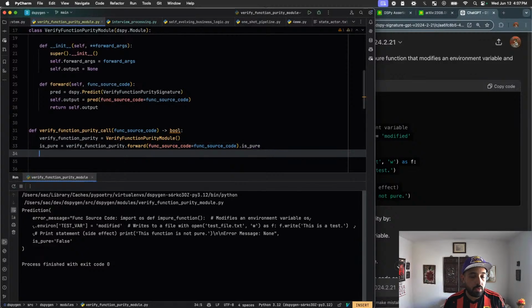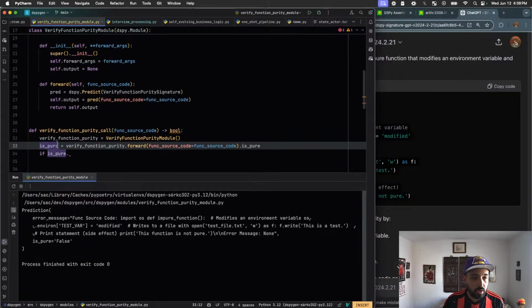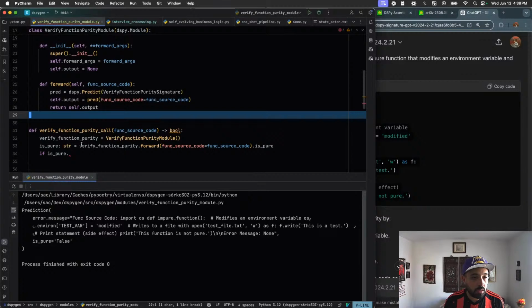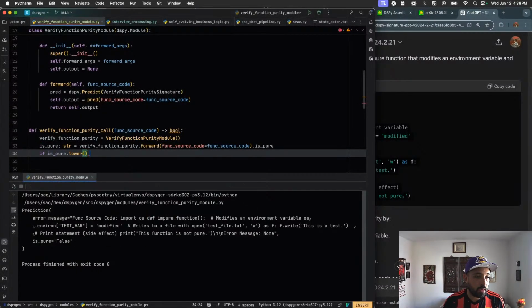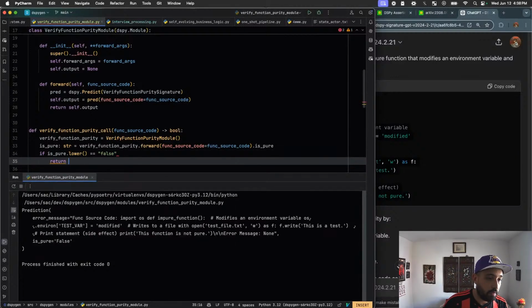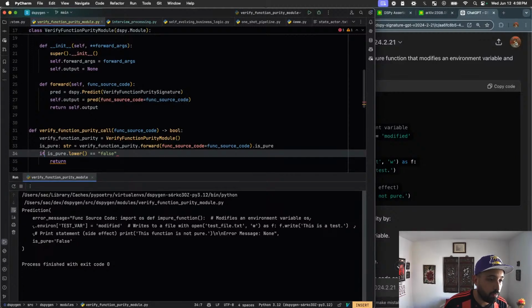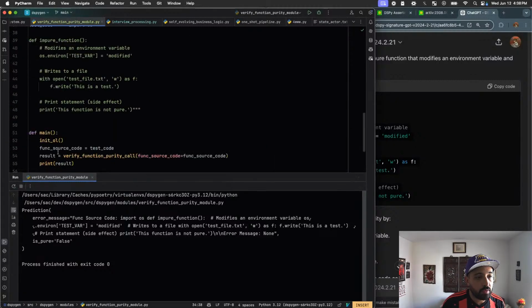We're going to say if is pure dot lower. It's going to be a string because it only returns strings. So dot lower, right? We want to get it lowercase equals false. Then return. Or we could just actually do this. Return. Super simple. So now when we run it,